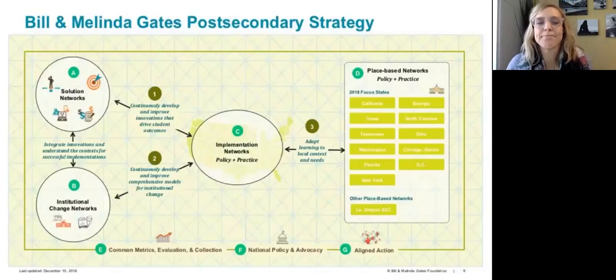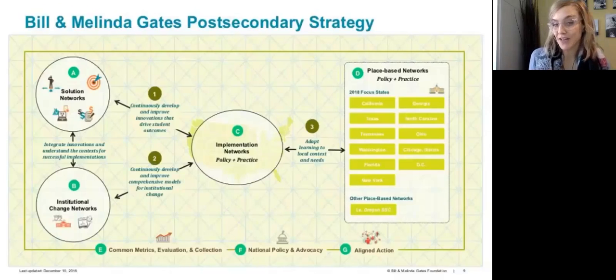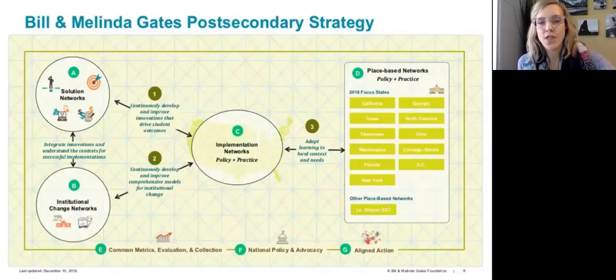Yes. And right now, from the Gates Foundation's perspective, the Student Success Center network and the centers are the only implementation network that is in operation. So obviously that's the community college sector.